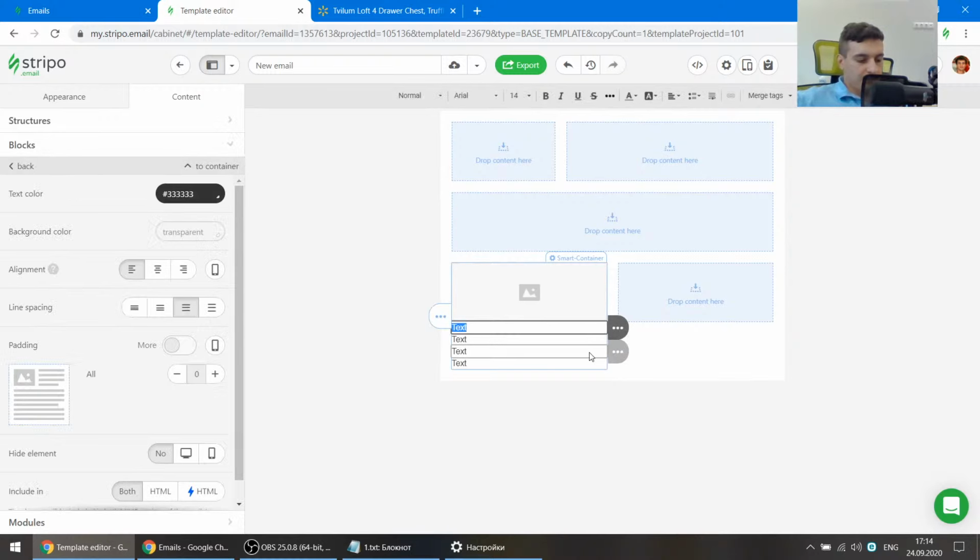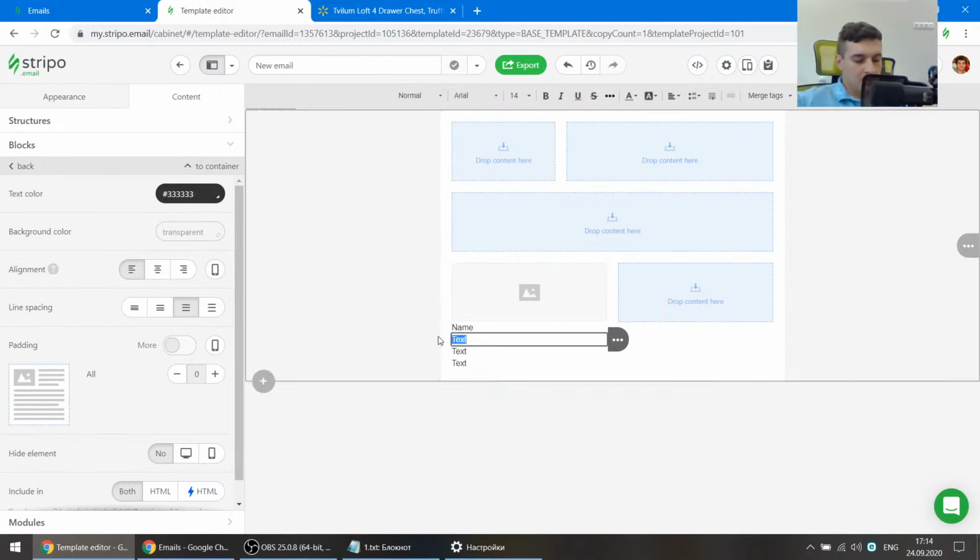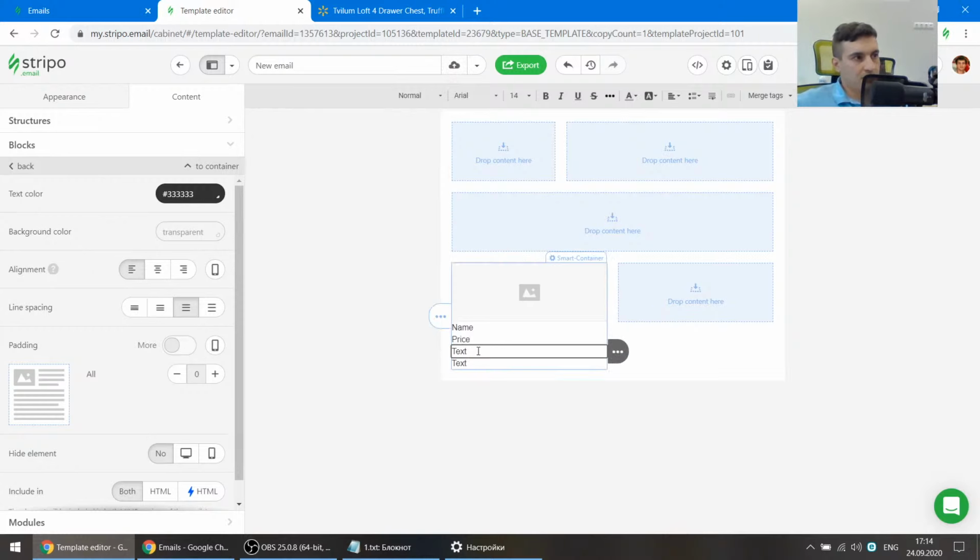So let's name them: name, price, description, and, just for convenience, it's not necessary, but just for demonstration purposes,